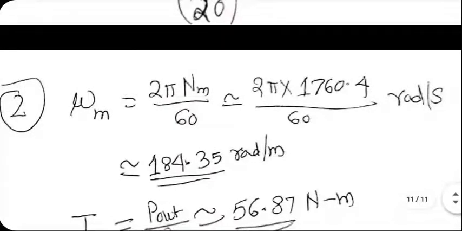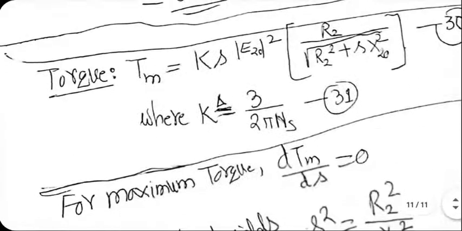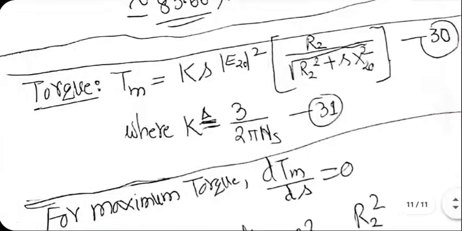And then torque is easy to figure out. We have done it several times. Efficiency is also easy to figure out. Okay. Now, there's a formula for torque, total torque produced based on the equivalent circuit, and it is given here. Derivation is straightforward. You calculate the total output power divided by omega, or omega m if you want. You should get this formula. If you're not sure, I can send you detailed derivation later.